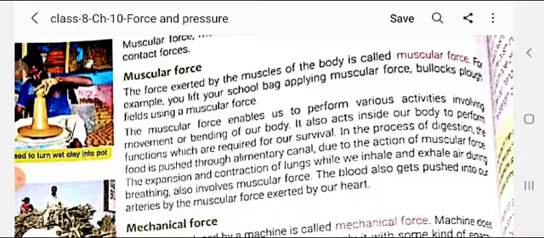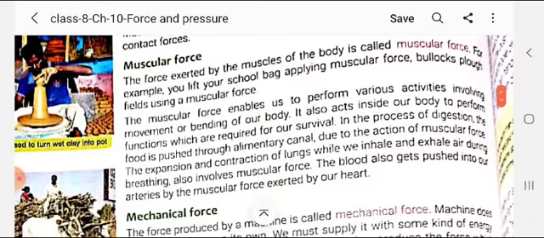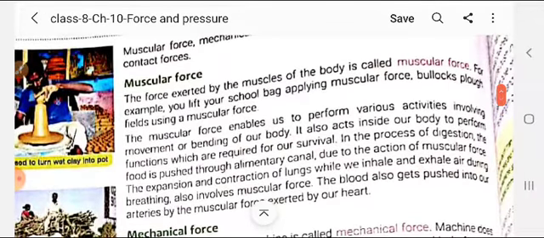Here a boy, while lifting the school bag, is applying a muscular force. तो स्टूडेंट, आप जब स्कूल आते वक्त स्कूल के बैग को अपने कंधे पे टांगते हो, तो क्या बगैर इसको टच किए आप बैग को स्कूल ले आ पाओगे? नहीं। उसके लिए आप अपनी बॉडी का मस्कुलर पावर, फोर्स इस्तेमाल करके उसको अपनी पीठ पे रखते हो और फिर स्कूल तक ले आते हो। यानी बैग को स्कूल लाने का एक्शन तभी हो पाया जब आपकी बॉडी द्वारा लगाए गए फोर्स से आपने उस बैग को उठाया और अपनी पीठ पर रखा।